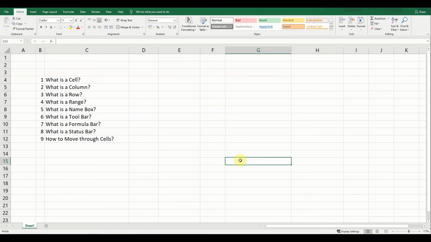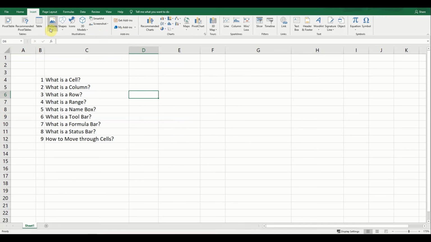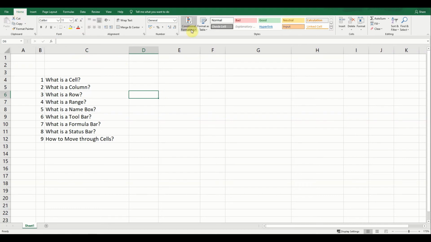Now we'll start with point number 6. What is the toolbar? Toolbar is these many functions over here kept right on the top of the Excel sheet. In toolbar they give you many types of functions. If you go in home, there is cut, copy, you can even color the cell, you can color the text as well, and there are many other functions as well. You can insert a picture, you can insert a shape, you can insert symbols. So in short, there are many functions. I'll make a different video specially to explain how to use these functions.